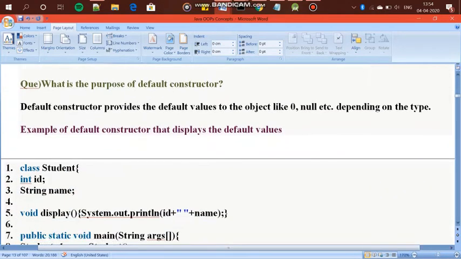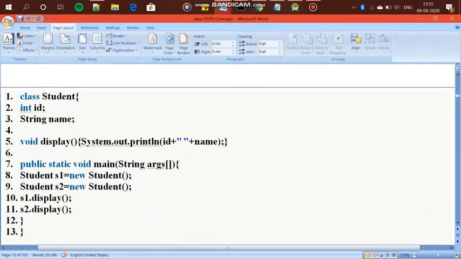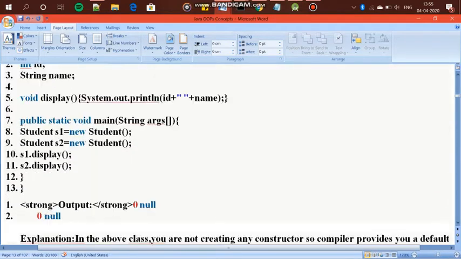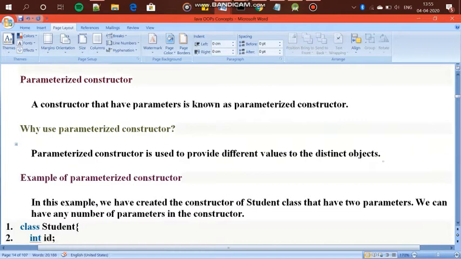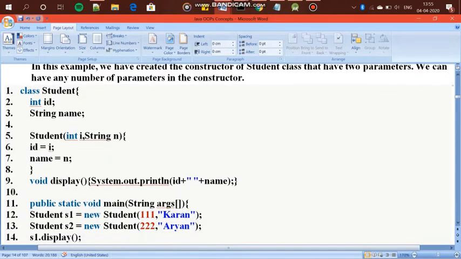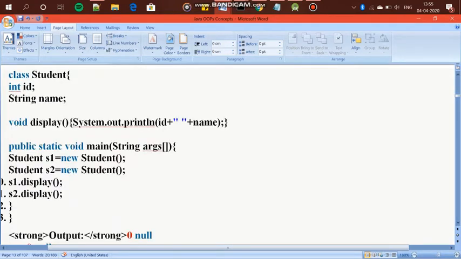The second thing is the parameterized constructor. I already told you that it initializes the value of parameters to the data members. And how it works, let's see with an example. We have a class Student. Int id is a data member, String name is a data member of the class, that is public actually. So we got a function void display which displays id and name, and in the main section we came